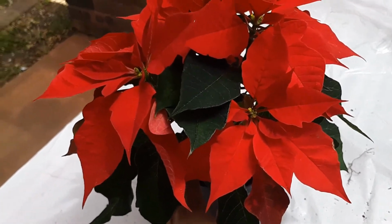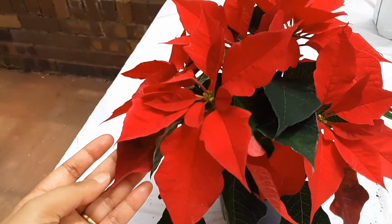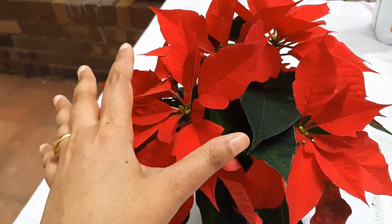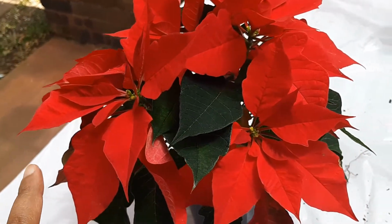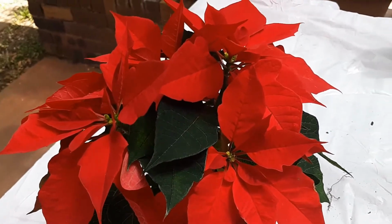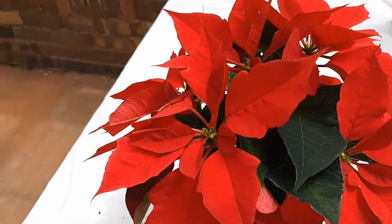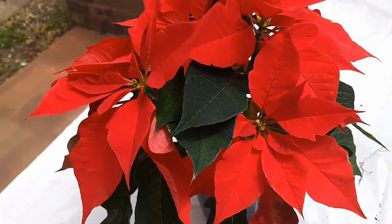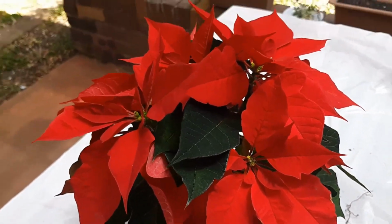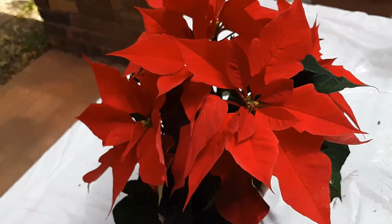Feed it when the blooming season has gone and the leaves of this plant are falling over, the bract is gone. What you do is you prune. When the blooming season is gone, you prune your plant, prune off the extra long stems, prune the bracts, and then you fertilize your plant. And after fertilizing your plant, water it,